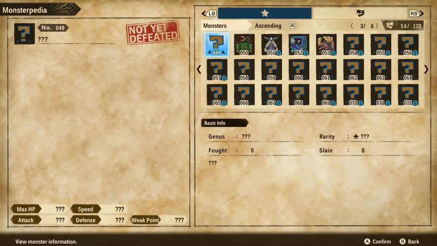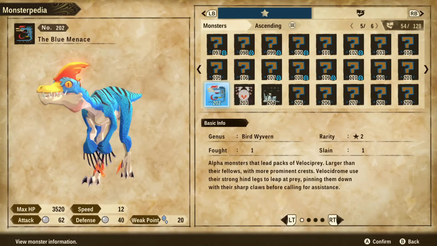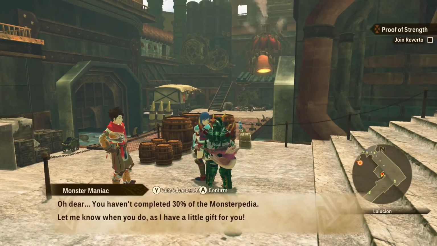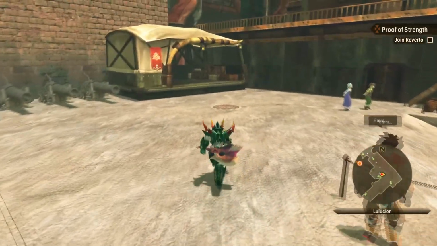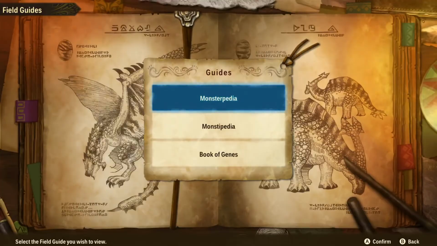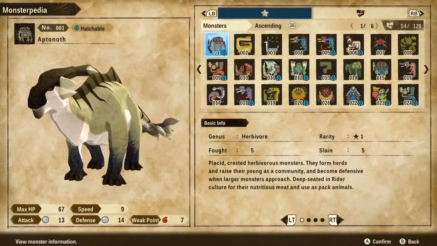Yeah, I mean, do you guys not count? Maybe? Just because you're... Huh. Hey, how's it going? You haven't completed 30% of the monster sheet. Okay, never mind. I'm not reading that wrong, right? Maybe I am. Let's look. Maybe I'm just... Yeah, it says 54 out of 128, but...